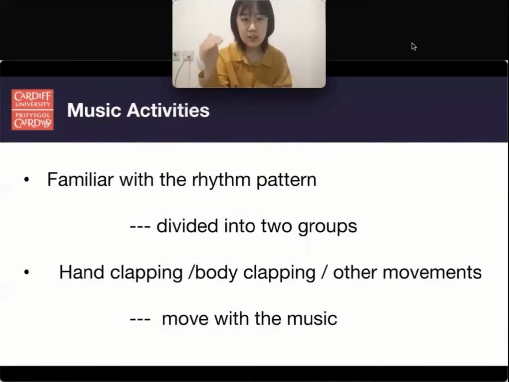Then, the teacher can ask them to change to hand clapping, to body clapping, or other movements. For example, the eighth notes represent a tap on the shoulder. The 16th note is a tap on the foot. The quarter note is a finger snap. At this time, the students are allowed to move the desks and chairs away, leaving a space for everyone to connect the rhythm with the music